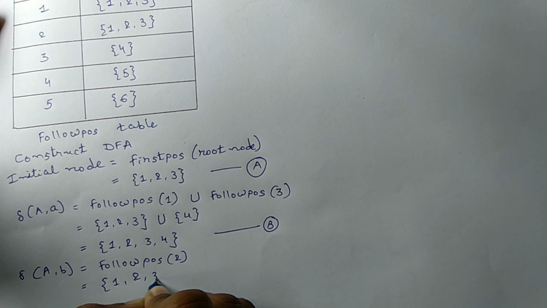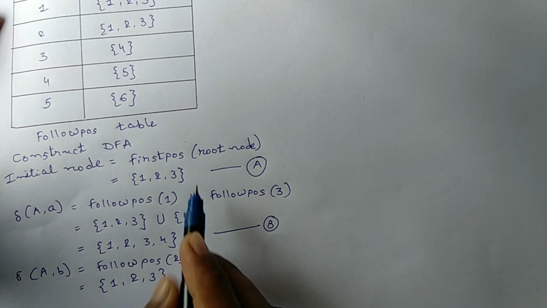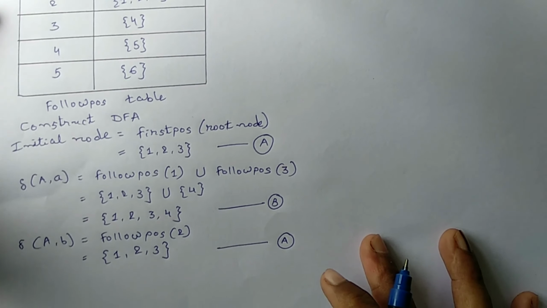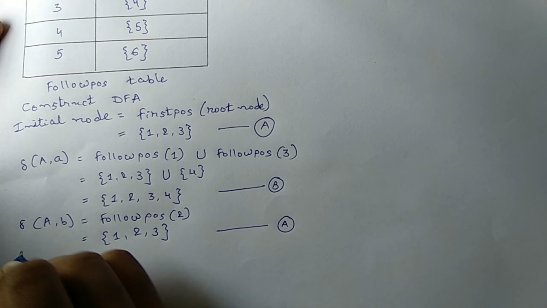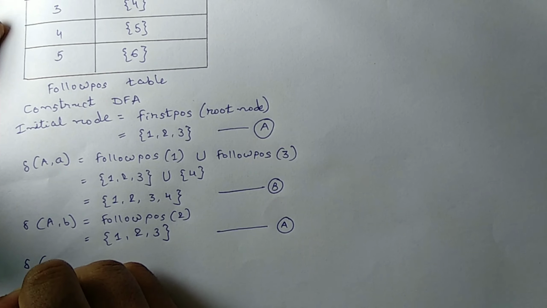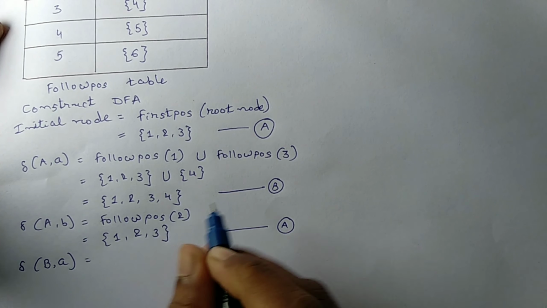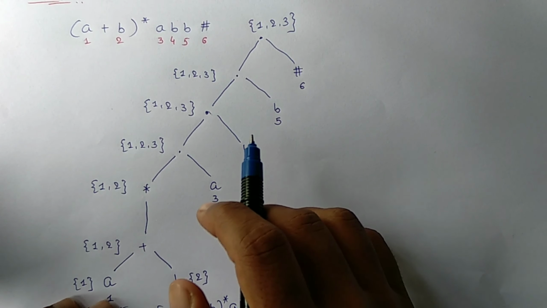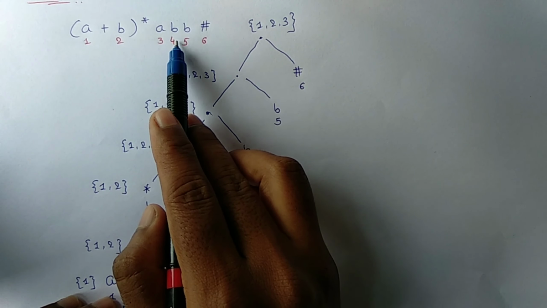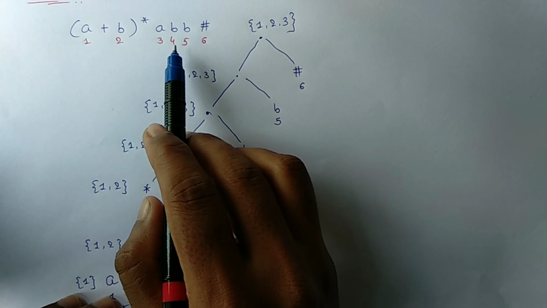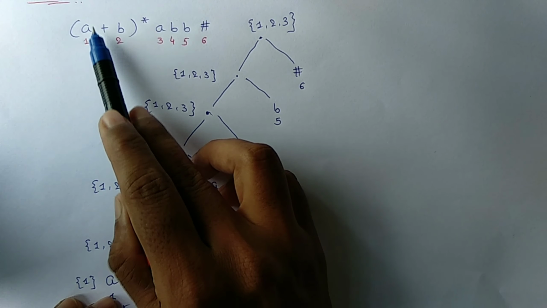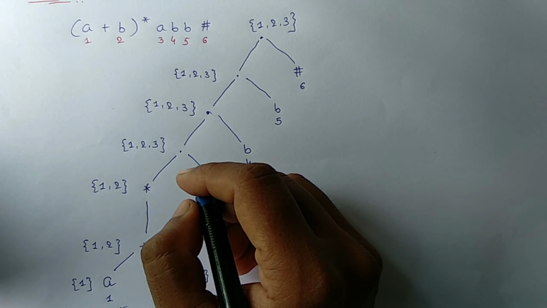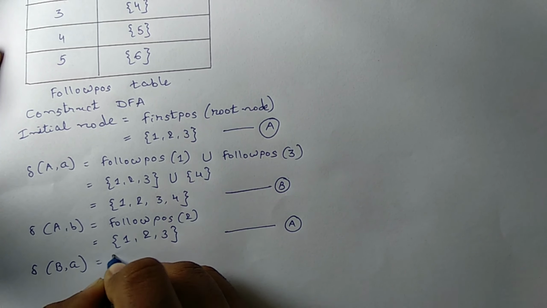So follow position of 2, which is 1 2 3. 1 2 3 is already in A, so give the state name A. Now find delta B to A. Your B is 1 2 3 and 4. So from 1 2 3 and 4, in this 4 positions, there is A at position 1 and position 3. So B to A is equal to